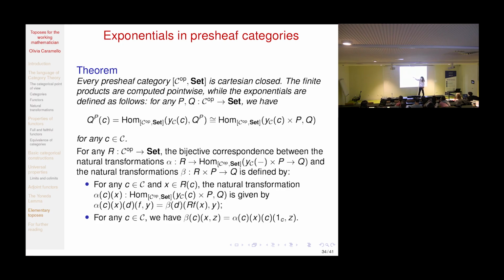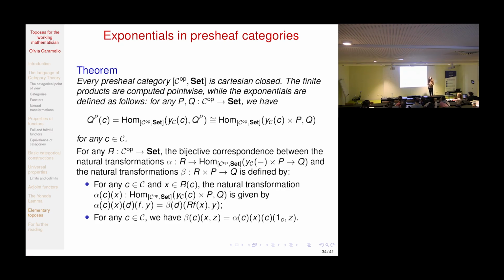be the same as the value of this hom functor. So you take the natural transformation from the representable functor associated with C to this functor. But then you use the universal property of the exponential to turn this into that. And it turns out that this definition works. So you can make the verification that indeed, by defining the exponential in this way, suggested by the Yoneda lemma,